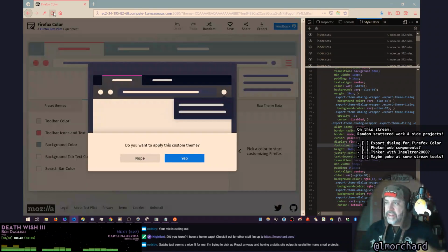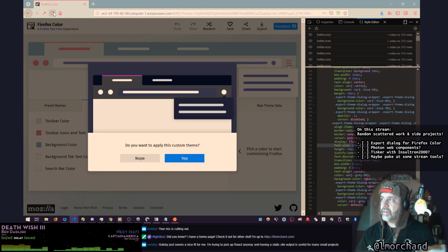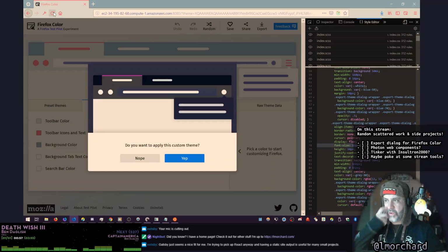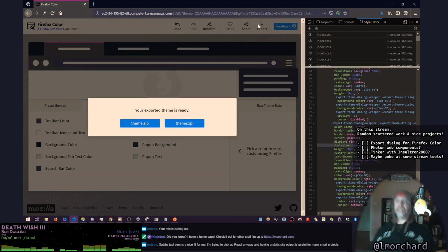Gatsby seems like a nice fit. Yeah, the Test Pilot site is pretty much all React, and we do a static rendering of the site. But we just do it with ad hoc scripting of our own, which we don't need to. We don't do anything particularly weird. So I should look at Gatsby again. I had at one point thought Gatsby would be overkill for what we're doing, but maybe not. Okay, so...